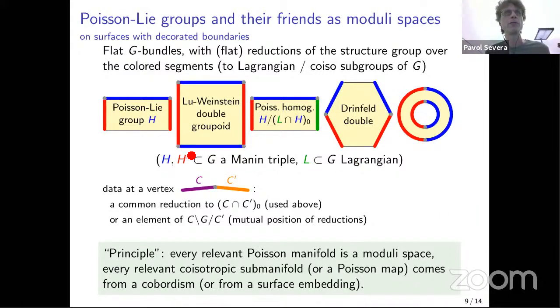Yeah, maybe I should add a few things. So if all those boundary arcs correspond to Lagrangian subgroups, then we're getting a symplectic manifold. So our moduli space is symplectic. If there is something which is just quasi-Poisson like that, then our moduli space is going to be just Poisson. But the Poisson structure is the same way as the symplectic structure is of this Atiyah-Bott type, meaning that it's simply given by the intersection pairing on the surface itself. Okay, so this was some kind of general story.